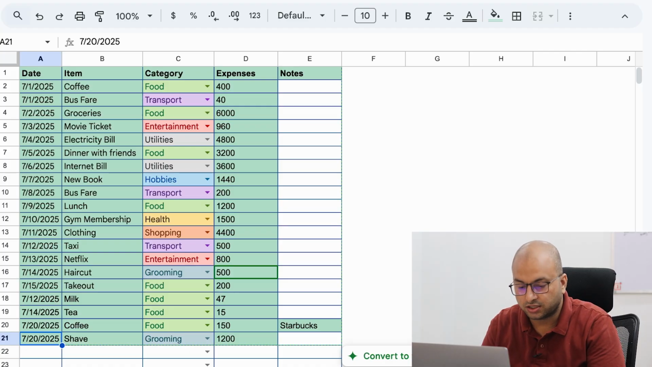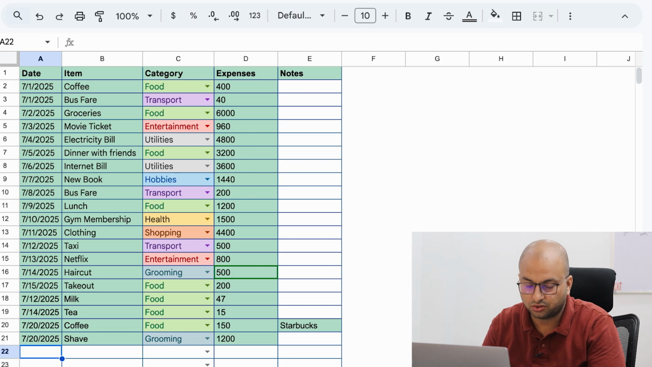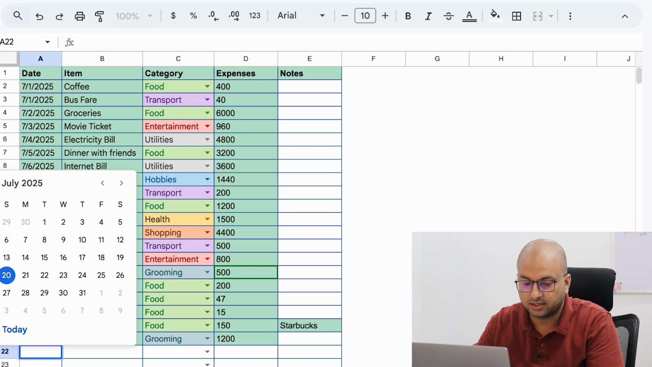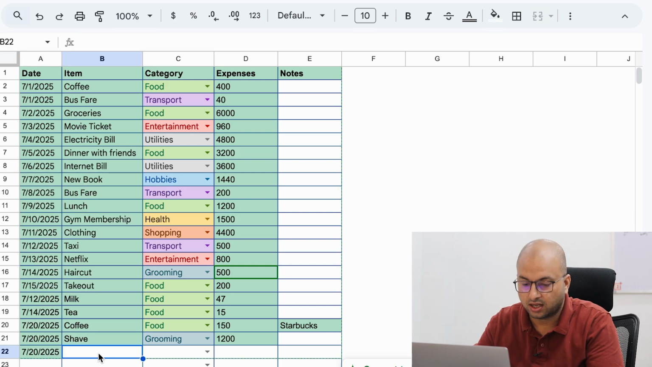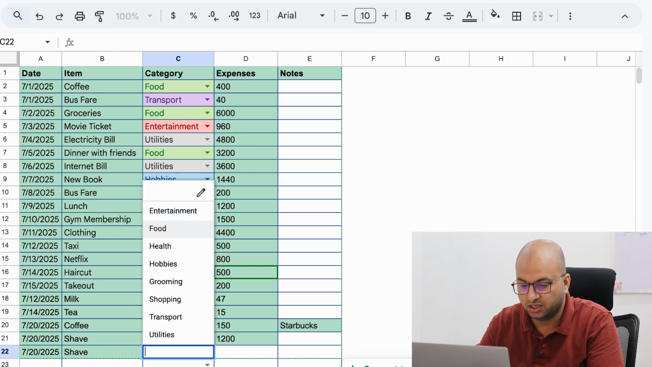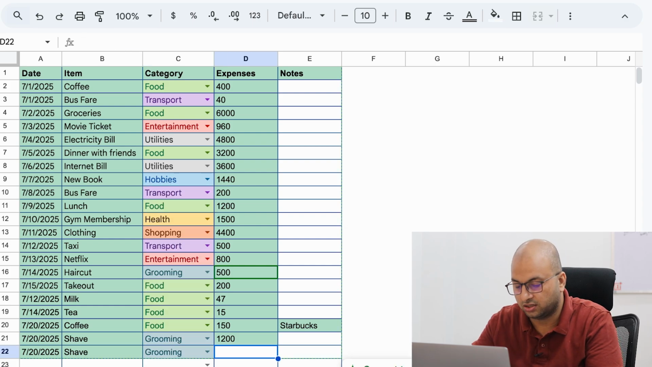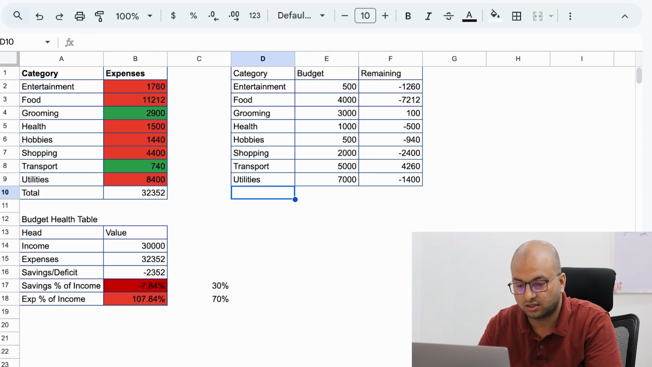So this is our monthly sheet where we will be adding daily transactions. I'll just show you one example. Let's say today is the 20th of July. I have added a shave. It will go into grooming, and it will cost me around 1200 rupees. And then we will see how each expense adds up into the categories. You'll see here